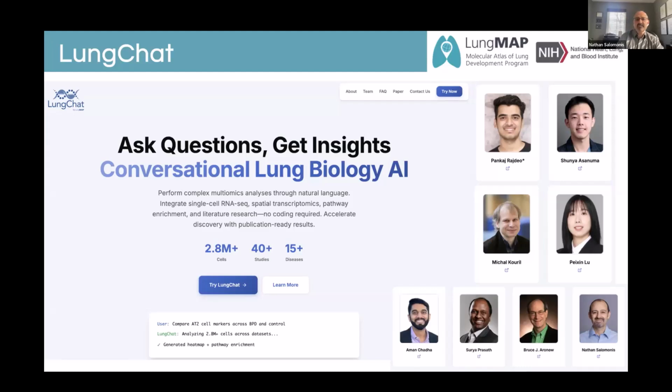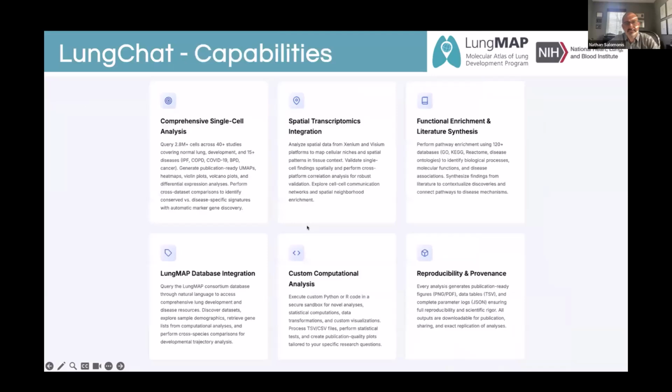And the goal here is not pre-processing of data like I showed you with Azimuth, where you basically perform QC and add clusters to your data. These will be possible in the future, but really to take the wealth of knowledge from, in this case, well over a dozen different diseases, spatial and single-cell transcriptomics technologies, and be able to interactively query these and reason across these to develop disease hypotheses. So we're trying to ask higher level systems biology questions to obtain insights here.